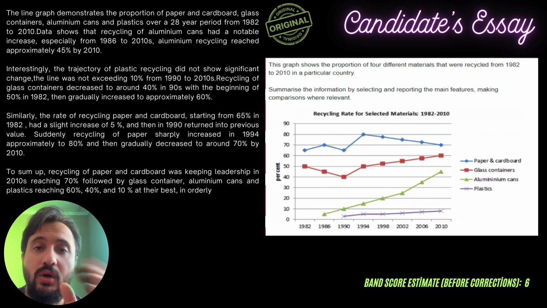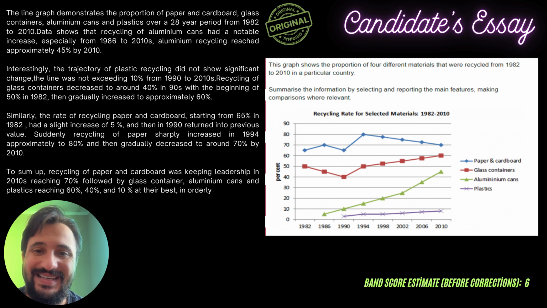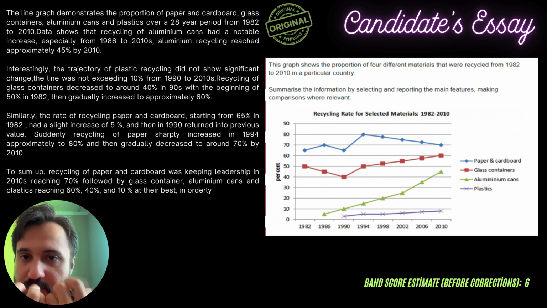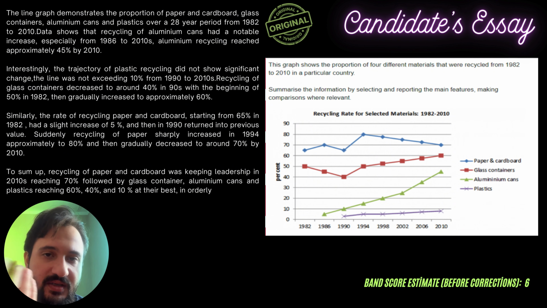Seventh mistake, awkward phrasing. The trajectory of plastic recycling did not show significant change, comma, there is no space directly. The line was not exceeding 10% from 1990 to 2010. Again wrong. This sentence is awkwardly phrased and lacks clarity. The line was not exceeding should be changed to did not exceed, to be more concise. Okay, everything is clear till now? The trajectory of plastic recycling did not show any significant change, remaining below 10% from 1990 to 2010 will